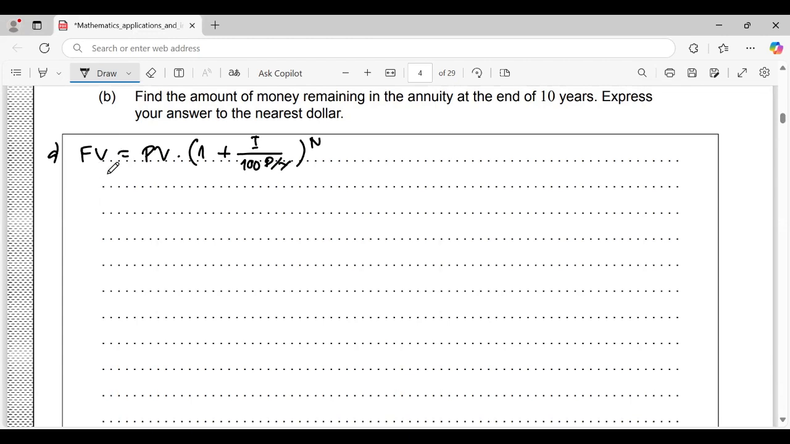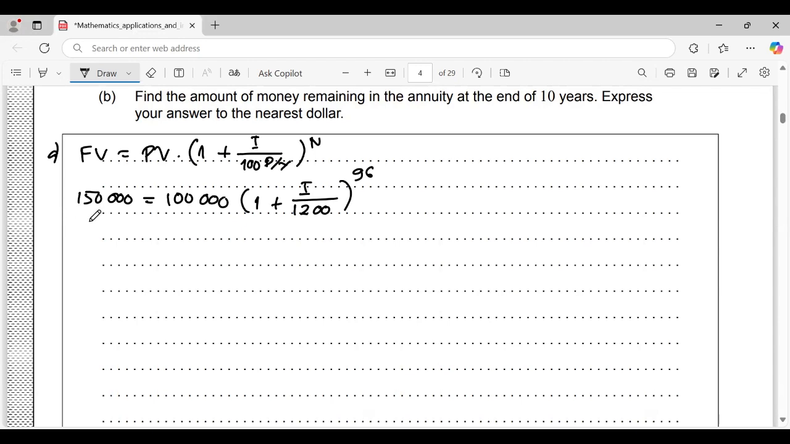And now let's substitute the information. FV is $150,000, and PV is $100,000 times (1 plus I over 1,200), to the power N, where N is 96 because 12 times 8. Right, so as we calculate,